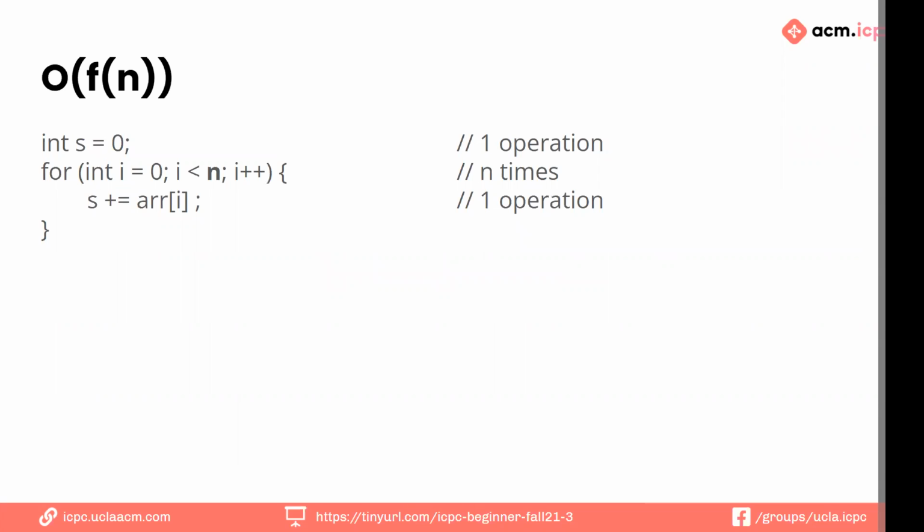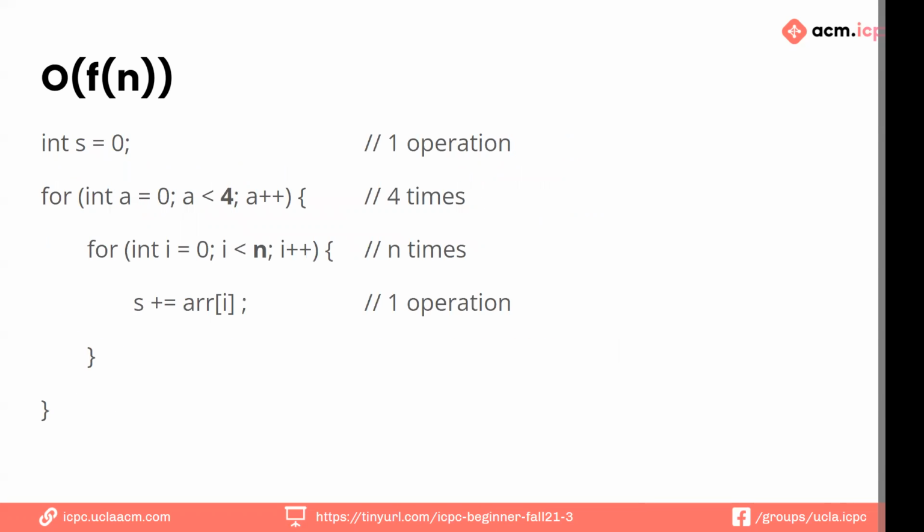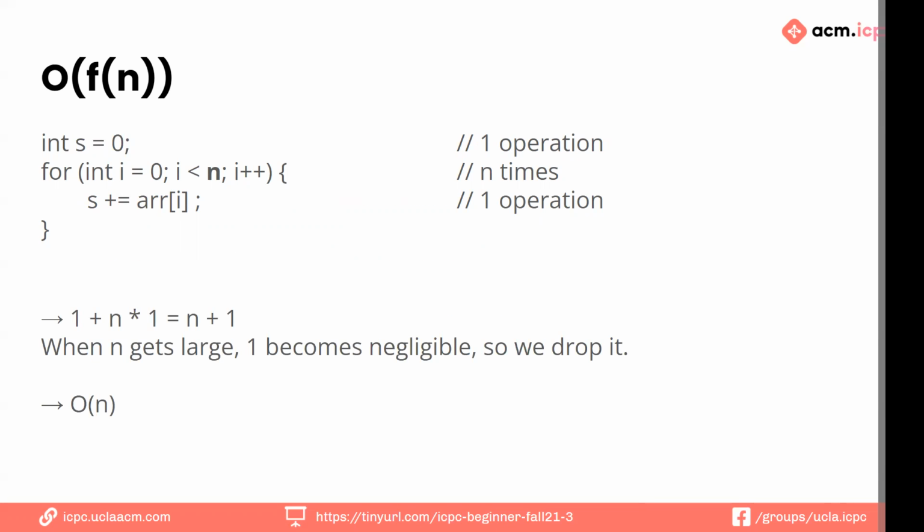So let's say, for example, we have some function. We're just going to declare a number and we're going to sum up all the values in an array, right? The first line is going to be one operation. And then we're going to go to a for loop that loops n times. And inside of that for loop, we're going to have one operation. So if we add this all up to count how many operations we do, where operations are things like setting values to certain variables or adding, multiplying, stuff like that, we get 1 plus n times 1, so we get n plus 1